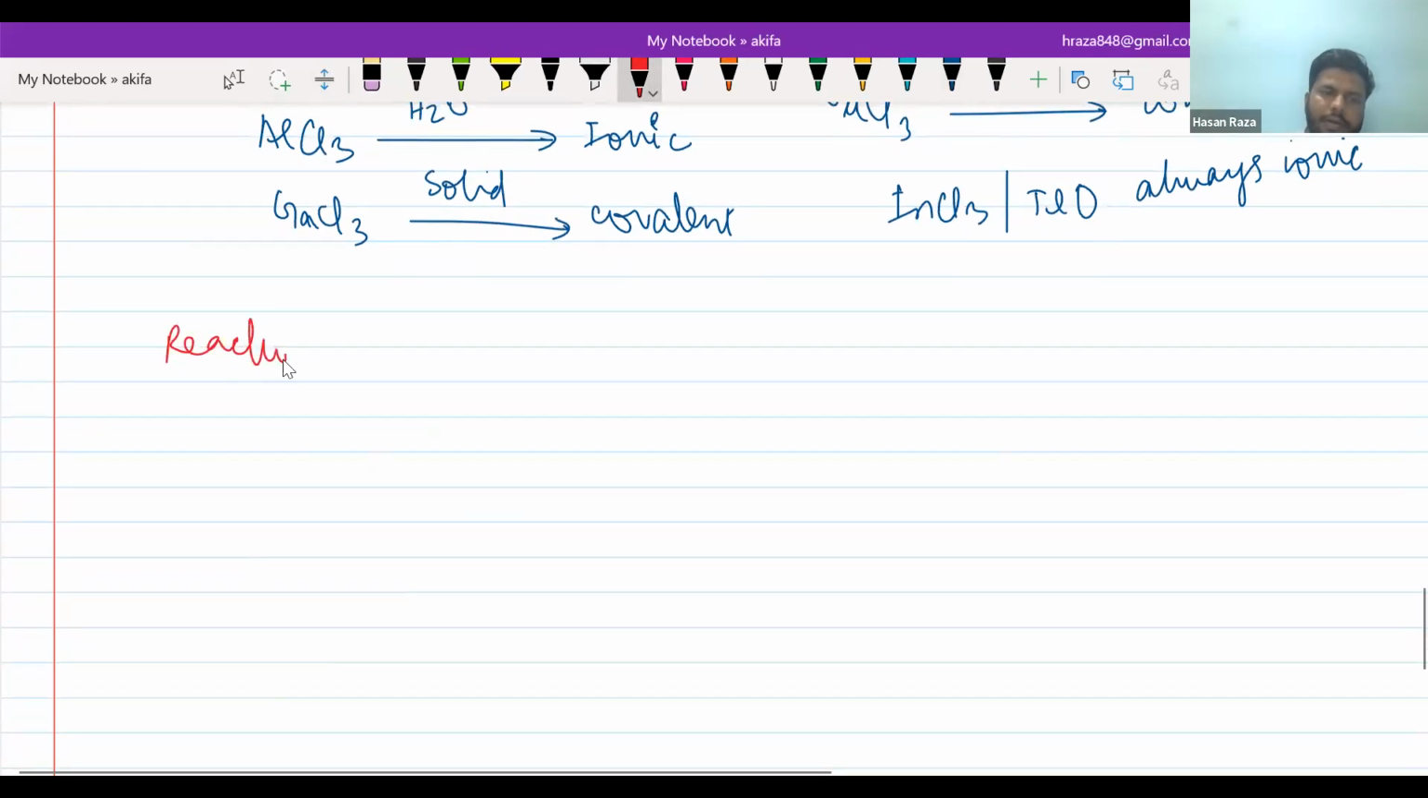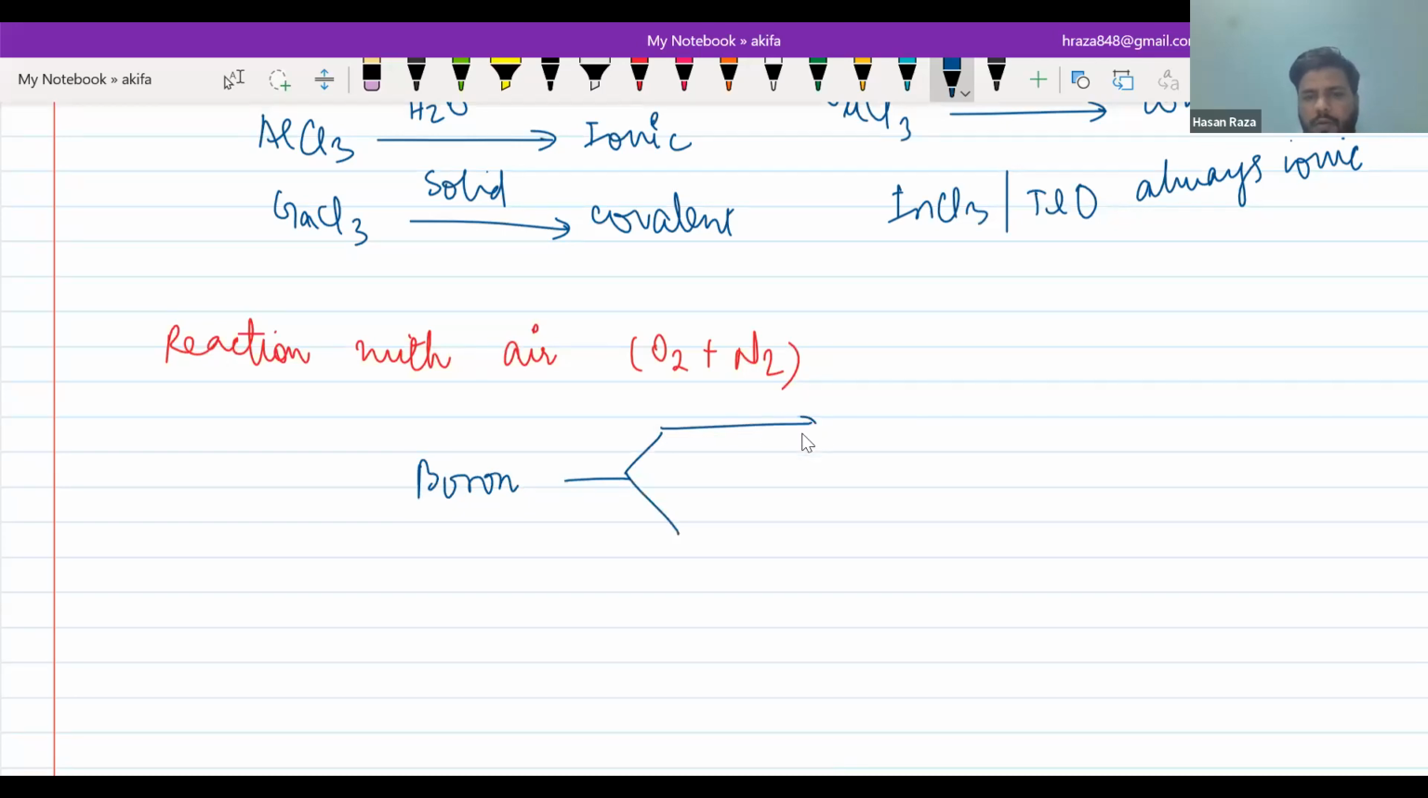Write a topic, reaction with air. Air means O2 plus N2. See here, boron has two forms. One is crystalline and another is amorphous. And the crystalline form of boron does not react with air, so I'm going to write